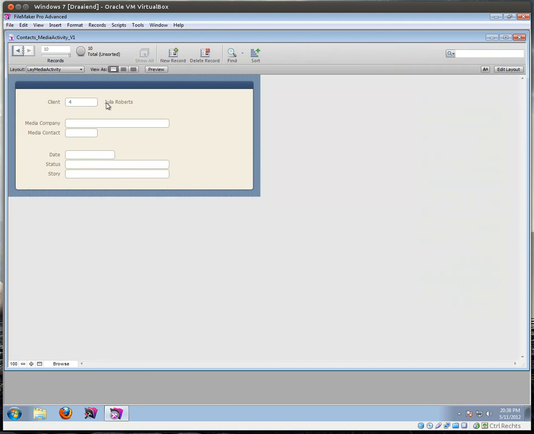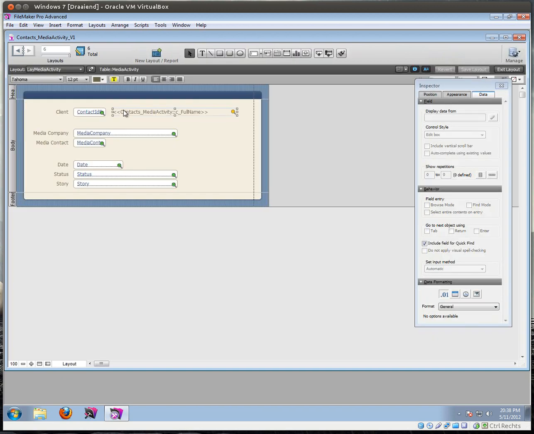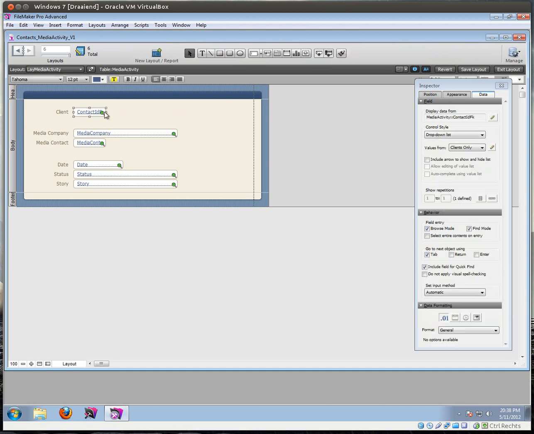Aha, this is already displaying Julia Roberts, so I can select Johnny Depp, and then I can see here the name Johnny Depp. That's already better, but it's not really perfect yet, because I just don't want to have to deal with this number 5. I don't care about number 5. So I'll show you a little trick that you can do. Let's get rid of this merge field because I don't want it. What we could do